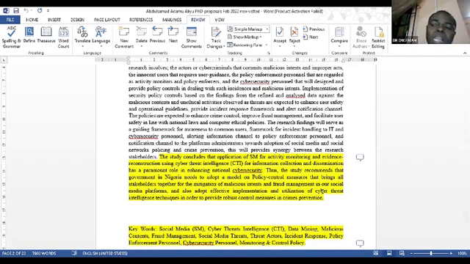This is why many times they reject our proposals when we write applications for sponsored research abroad. By the time they see that you are concluding in a work that you are proposing to do, it will look as if you don't know what you are doing. The study concluded that application of SMM for activity monitoring and evidence reconstruction using cyber threat intelligence for information collection and distribution has a paramount role. This shows that this work is copied. It shows that this work is plagiarized. How do you explain it as a researcher?